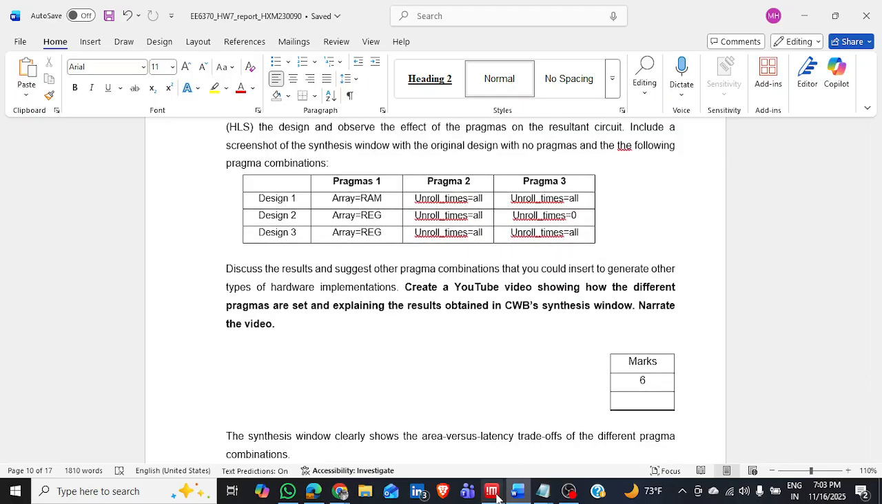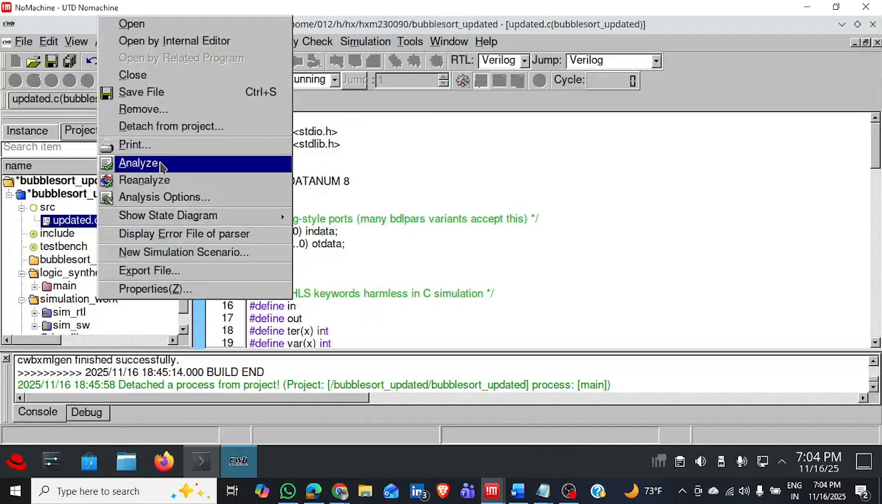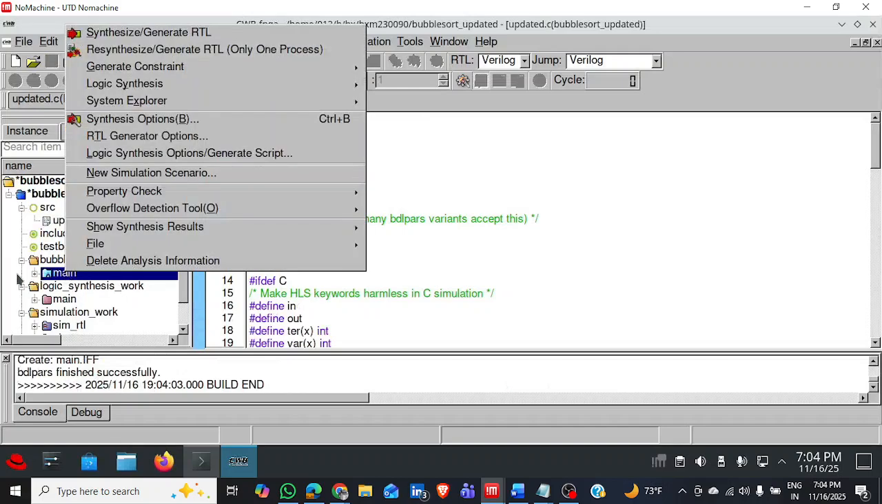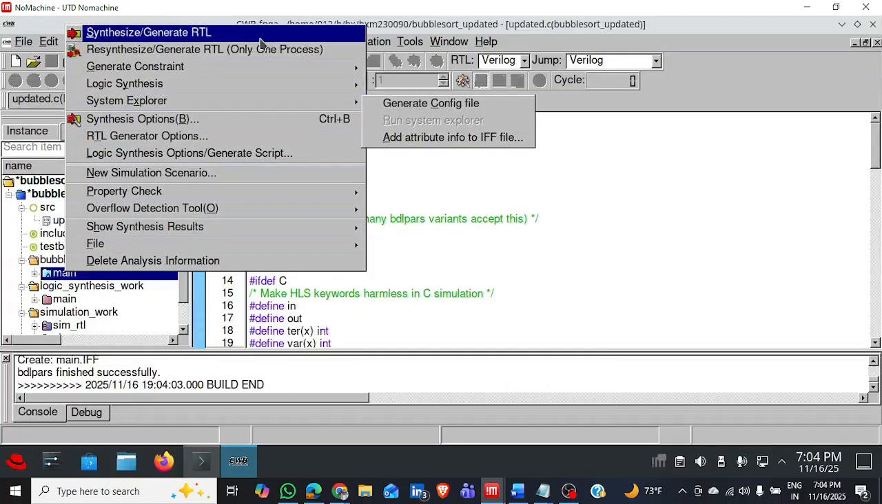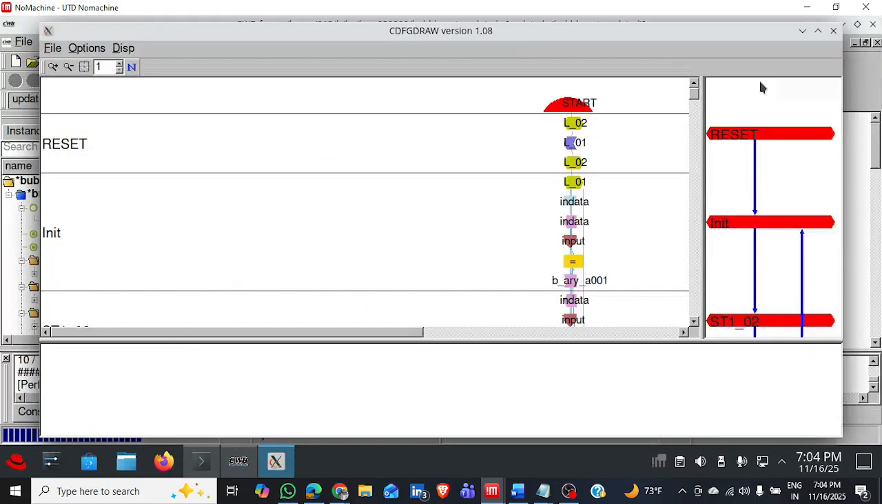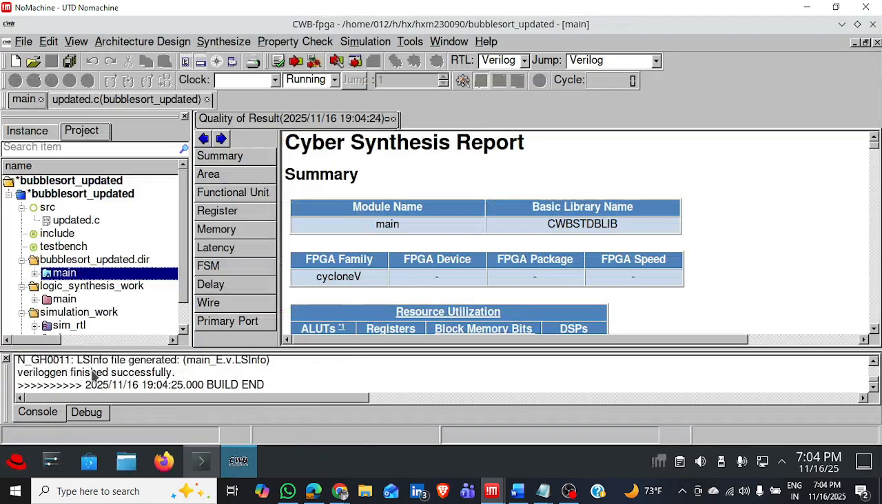So I'll just show you my CWB. This is for the baseline where we just did part 1. I'm just going to analyze this. Once I've analyzed that, it generates a light blue main folder under the bubble sort directory. So this I use to synthesize and generate. You can look at the logs. Once this is open, we'll close that because we're not going to look at it. And then you can see that the synthesis is successful. And then I'll open the